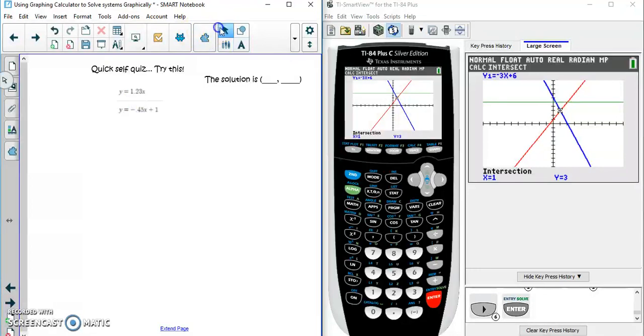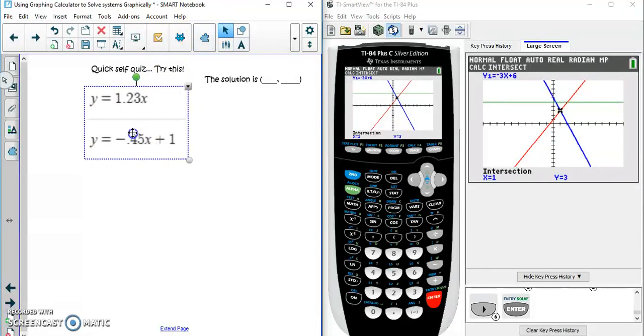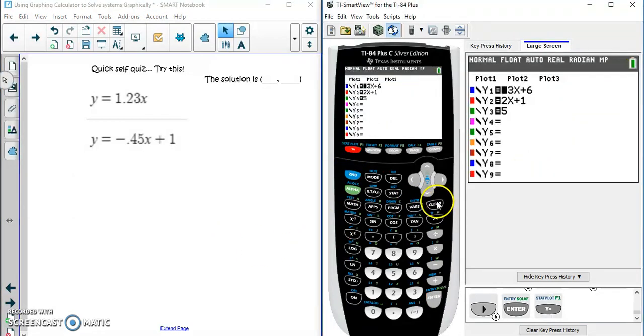So here's a great little point to check in and follow along. I'm just going to do this really quickly. I'm not going to say everything out loud, but I would say maybe pause the video and try this one on your own and then resume the video to see if you get the same answer that I do. So for this, we have two equations. So I'm going to go into my y equals. I'm going to clear everything out. So this one, the first equation is